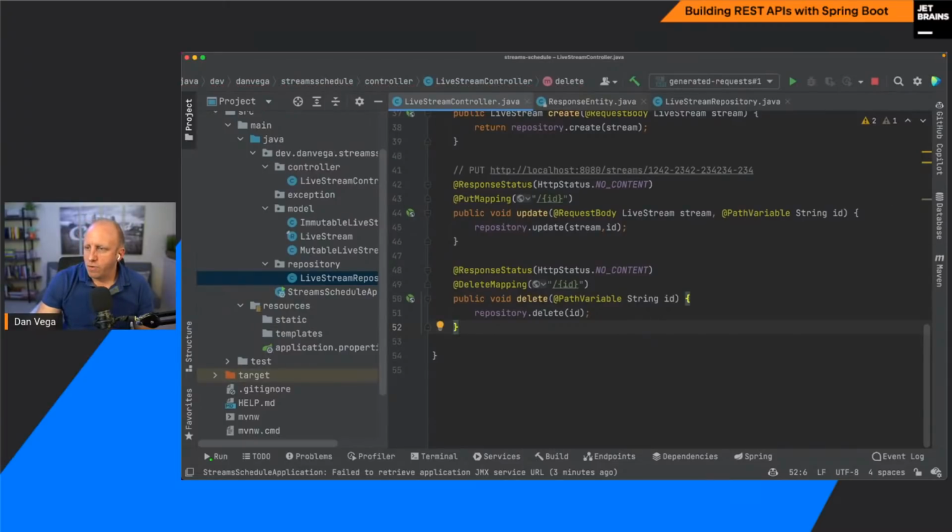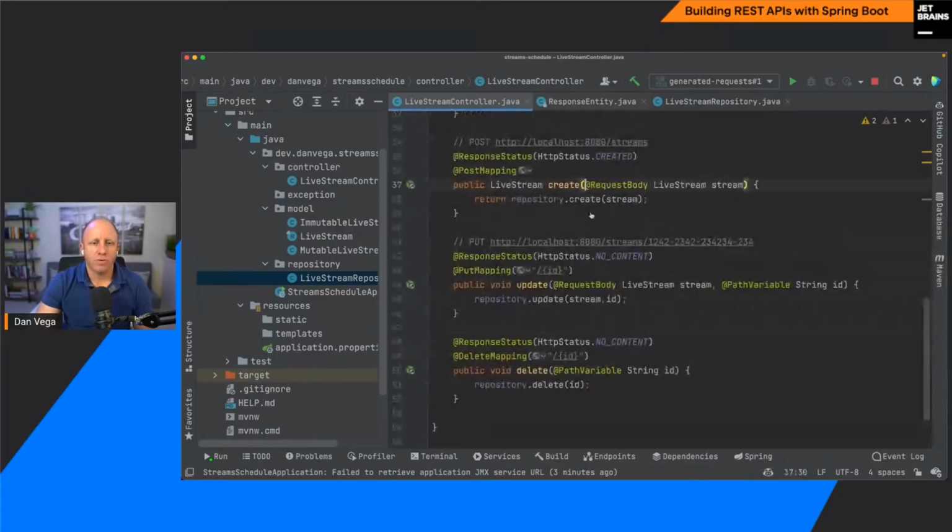So I think that's it for the controller. I know we're coming up against the time, but I just wanted to mention one other thing. We talked about the ability to validate data that's coming in, right? So if you have a create method here and you want to say, all right, I don't want just any data coming in from a live stream. I don't want you to be able to create an empty title or an empty description. I want to validate that. One way that we can do that